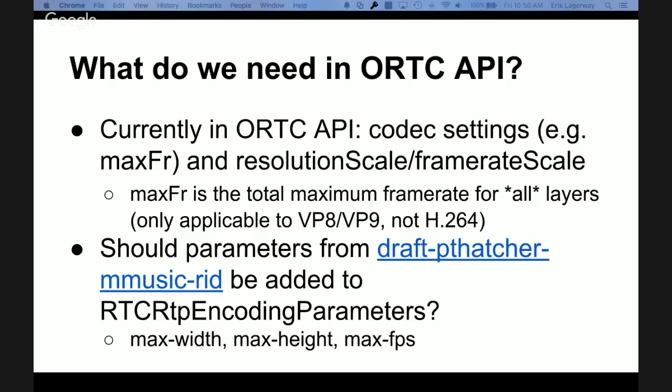Right. So maybe we should just say that it doesn't apply to simulcast. Right, and also for temporal scalability, there's no way for us to create multiple encodings right now, right? Do we create 3 different encodings with frame rate scale, all with the same SSRC, for doing temporal scalability?